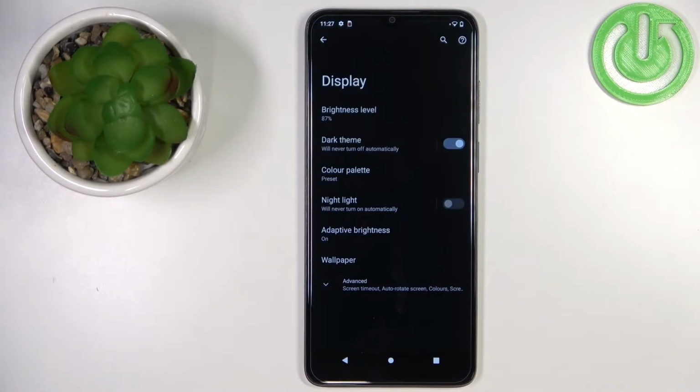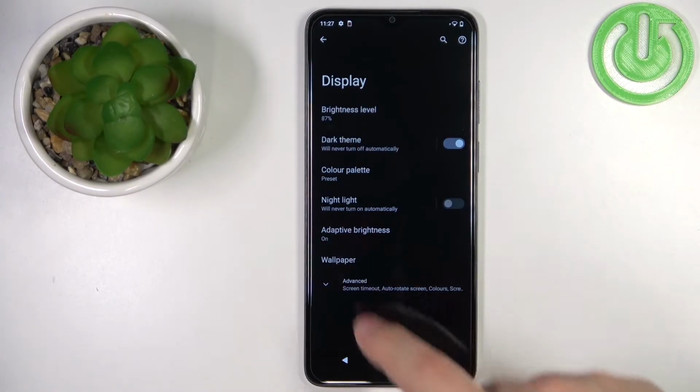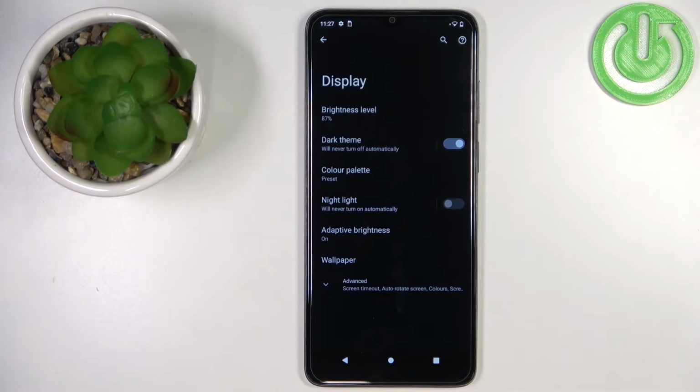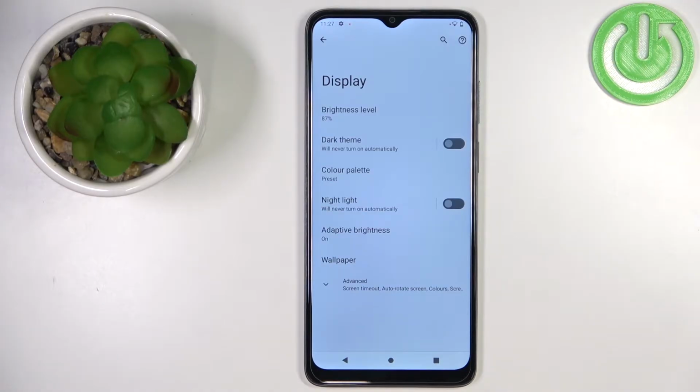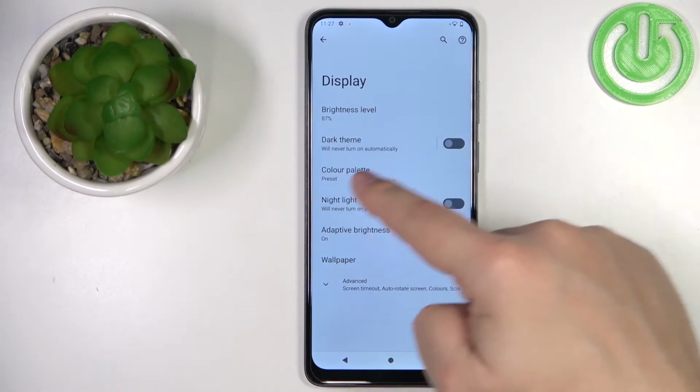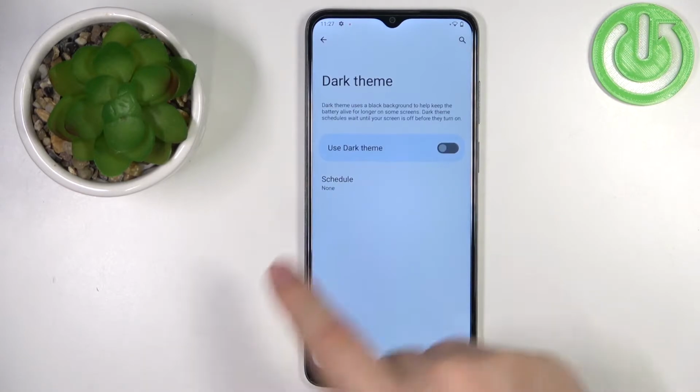And once you enable the theme, the background of the screen will go black and the text will be whitish. Basically how the dark theme works. And to disable the dark theme, simply tap on the switch again. You can also tap on the dark theme option right here to open the menu, and here you can make